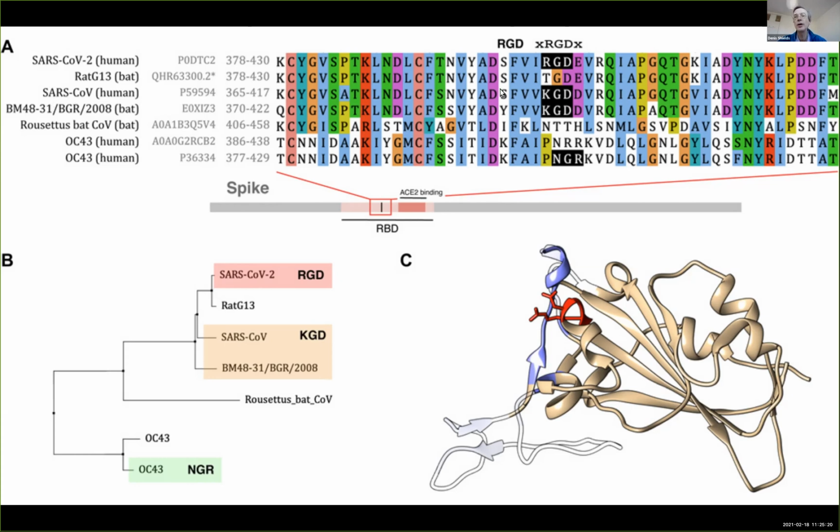But what we saw was that in OC43, there was an NGR motif, almost overlapping at a very similar position. We thought this was very interesting because NGR is known to be capable of binding to the integrins in the same way that the RGD binds at the same site. So we thought this provides some evidence that it's more likely to be functionally